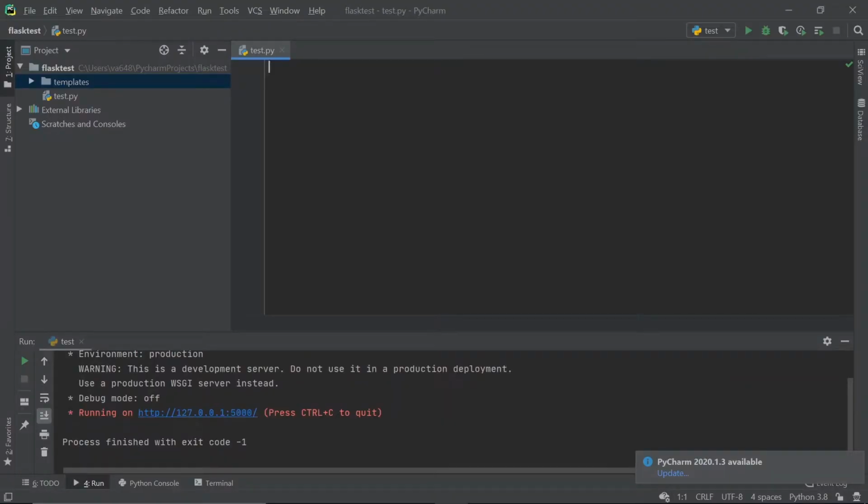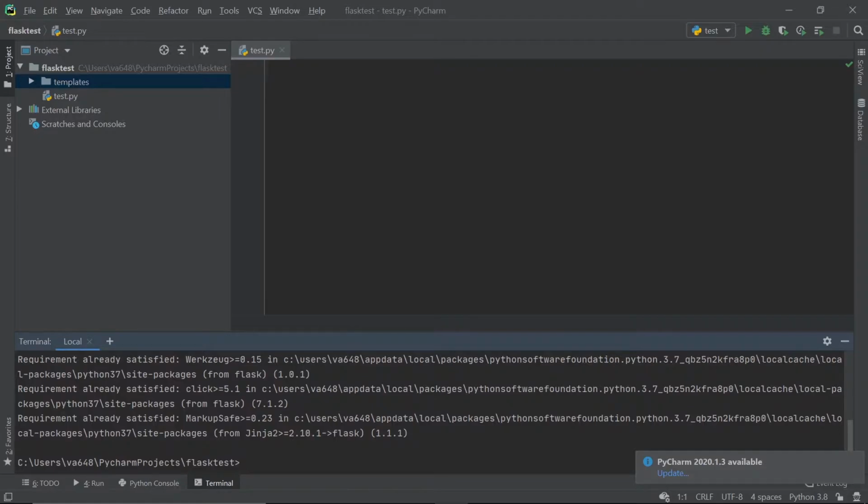Hey everyone, today I just thought I'd show you how to use the Flask module, which is a micro web development framework that is intended to be used in the Python programming language, which I do a lot of. So the way you get started with Flask is you want to, in your terminal, in this case